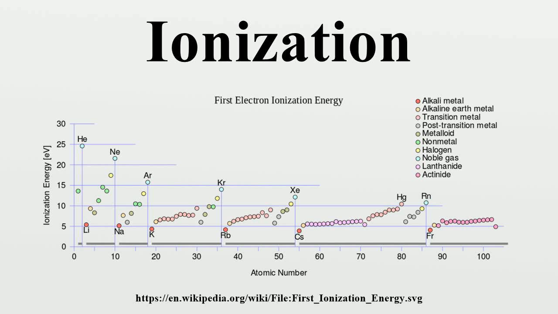Ionization is the process by which an atom or a molecule acquires a negative or positive charge by gaining or losing electrons to form ions, often in conjunction with other chemical changes. Ionization can result from the loss of an electron after collisions with subatomic particles, collisions with other atoms, molecules and ions, or through the interaction with light.